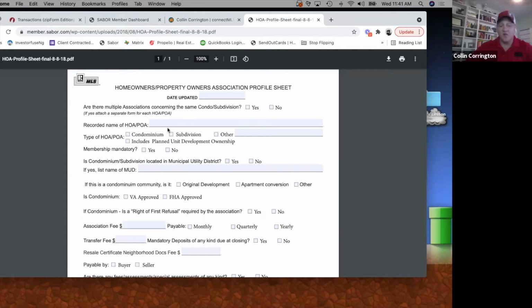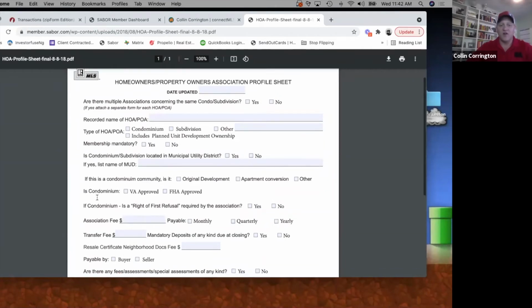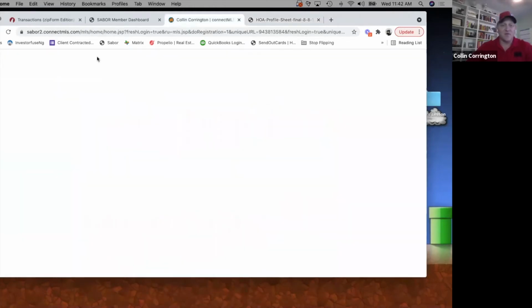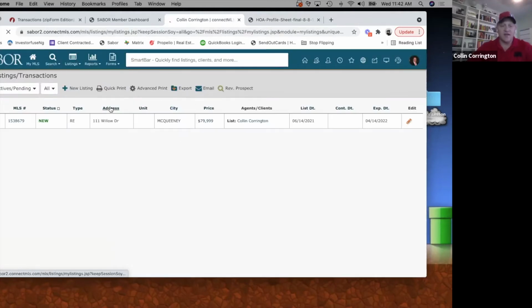With HOAs, a lot of them, especially condos, there will be somebody on that property, some sort of management company. But you are probably going to play a lot of phone tag, so just be patient and stay on top of it. But yes, you do have to do this Homeowners Property Owners Association profile form. You need to put this in with your MLS listing. That's about the only different thing, except that if I'm adding a new listing, you want to make sure that you mark it as a condo so people understand what they're getting into, that they're not actually owning a